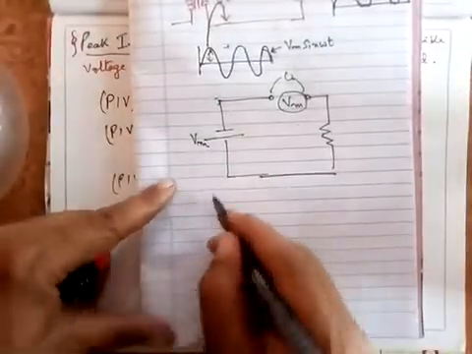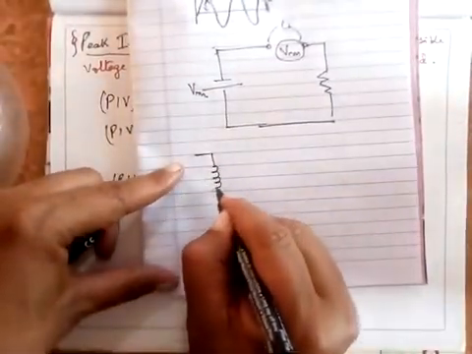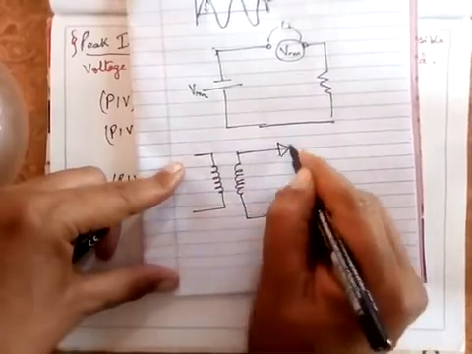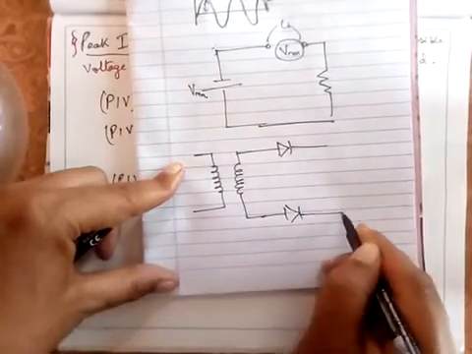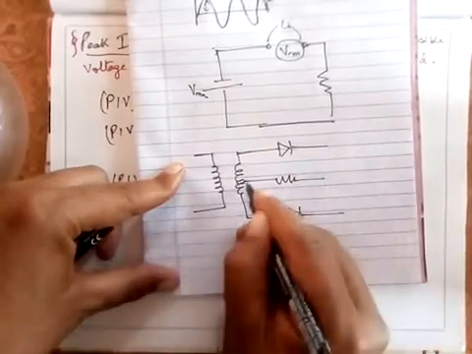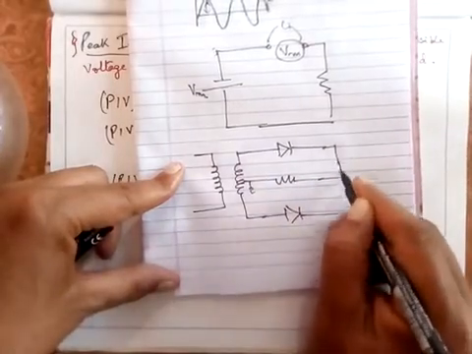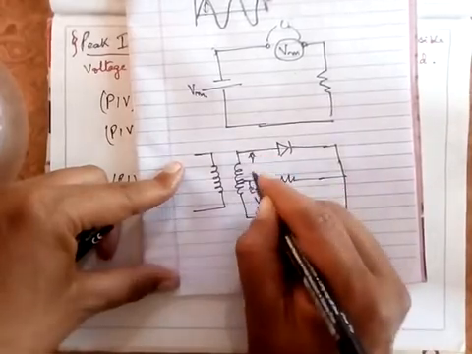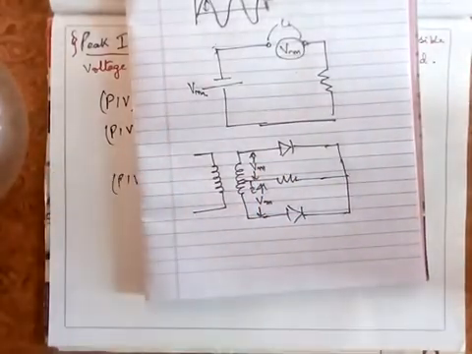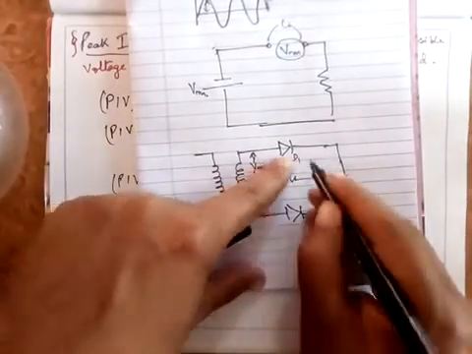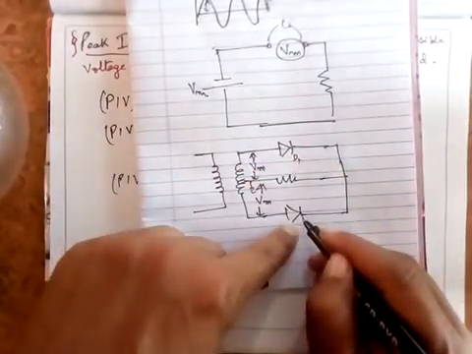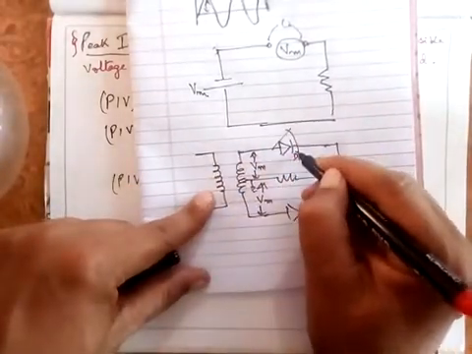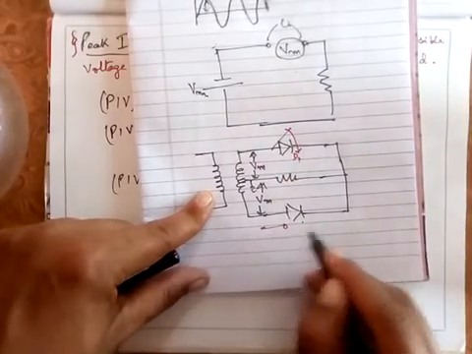If you remember the circuit of a center tap full wave rectifier, it is like this. One diode is here, another diode is here, and you use a load resistance here. This has been center tapped. We said that this is Vm sin omega t, and here it is also Vm sin omega t. Suppose diode D1, under one condition, is a closed circuit and the other is an open circuit; in the other cycle, it is the reverse. Let's take that this diode is acting as a closed circuit and this diode as an open circuit here.